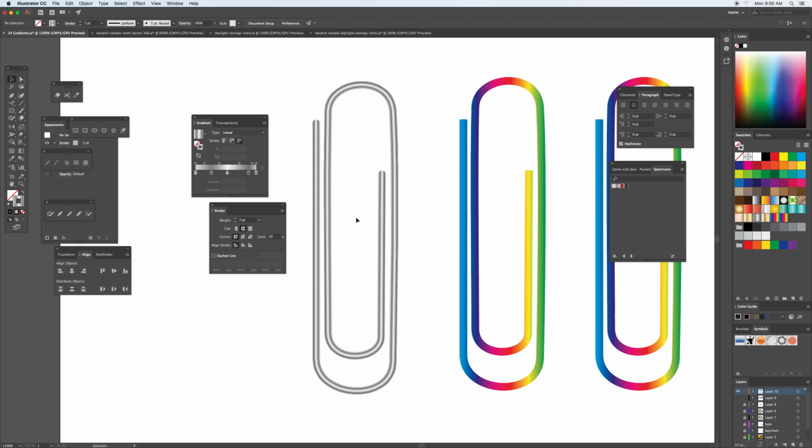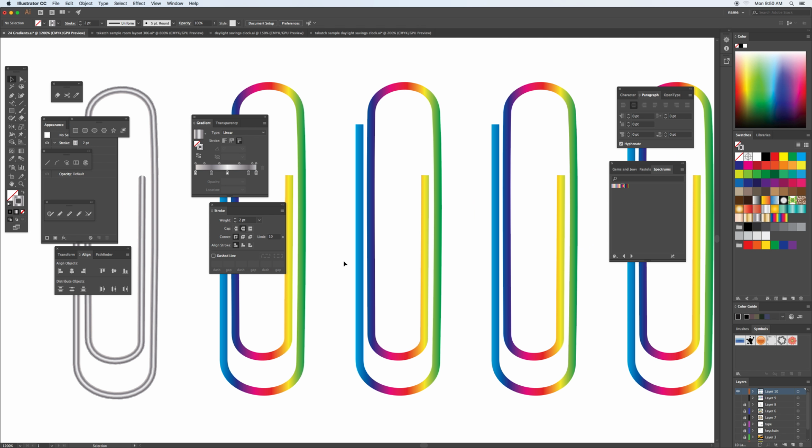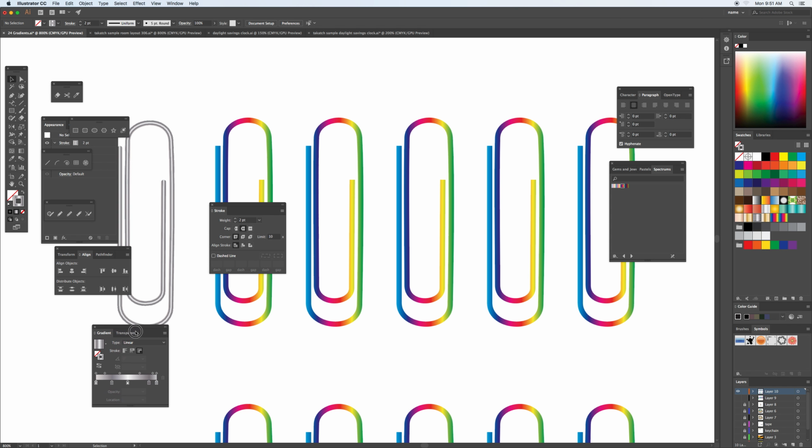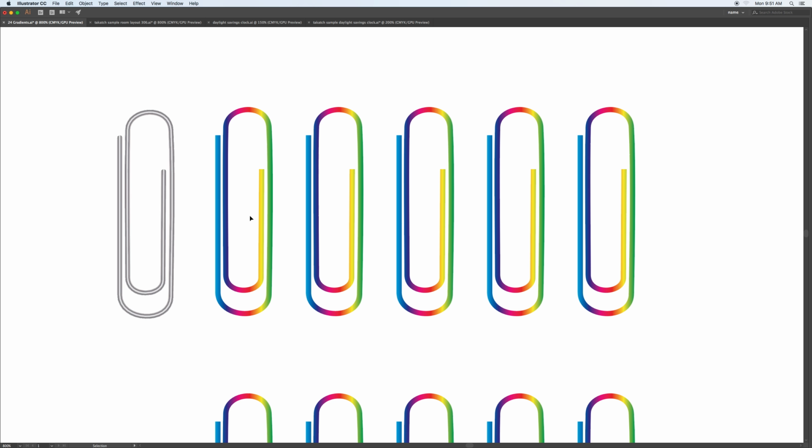So that's kind of using the overall segment of the gradient and trying to edit those pieces. So it's just kind of giving you that particular